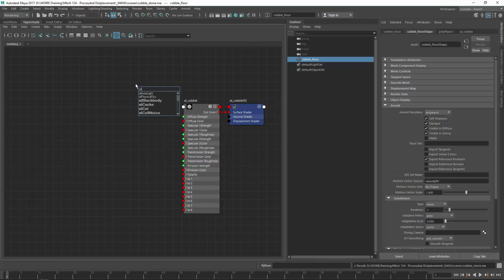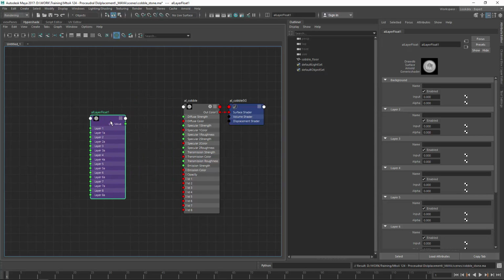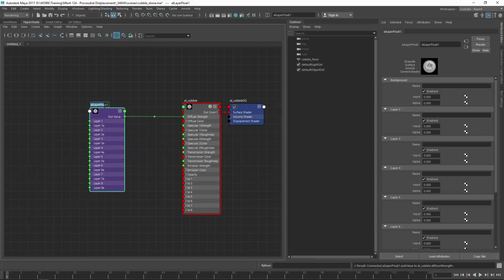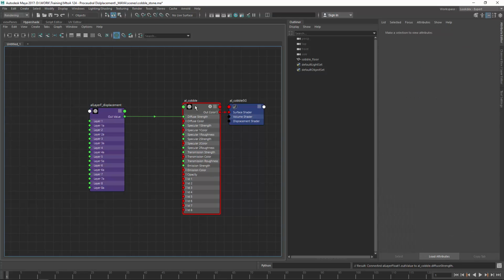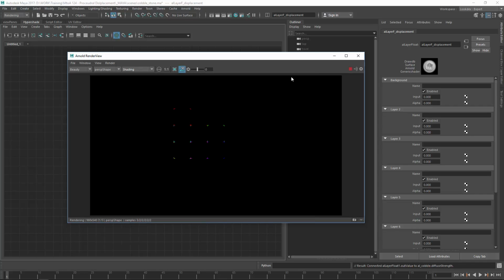So the first thing I want to do is create an AL layer, which is just a stack of, like in Photoshop, layers where you can plug them together and blend them. So this one, for now, will connect just as a placeholder into my specular one, or let's say diffuse strength. So this will be my AL layer float displacement. And I'm connecting this as a temp to the diffuse strength, so I can actually start render view and see